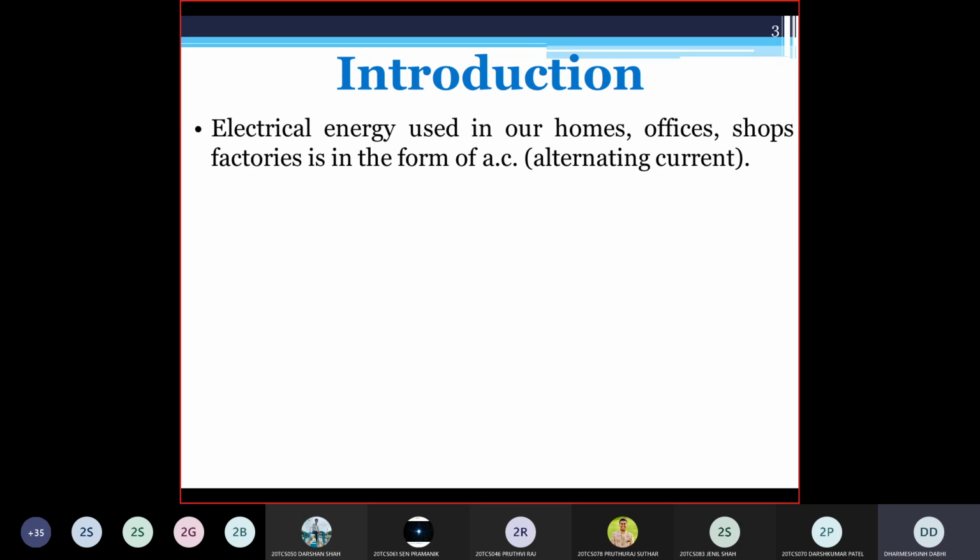See, by using the transformer, we cannot change the power. We change the magnitude of the voltage. Suppose you want to transmit the power at high voltage, so you can use a step-up transformer. Suppose at the primary side of the transformer your voltage is 230 volts, and you want to transfer the power at 460 volts. By using the step-up transformer, you can increase the voltage. But at the same time, what will happen? The value of current will decrease because power remains constant. P is equal to V into I. So at the secondary side of the transformer, if you increase the voltage by using the step-up transformer, what will happen?